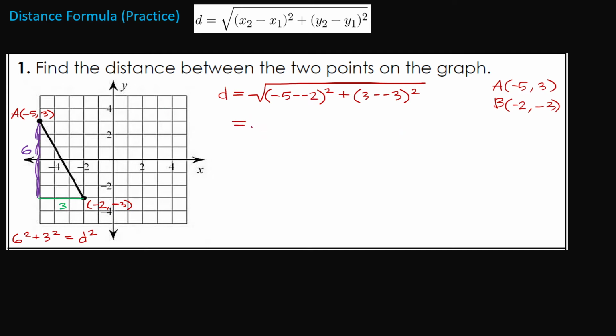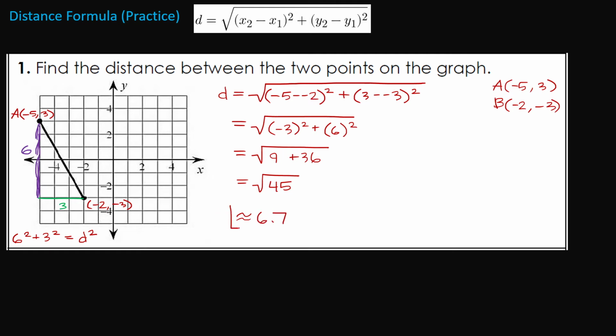So here we go. -5 minus -2 is just -5 plus 2, and that would give us -3 squared. Plus 3 minus -3 is really just 3 plus 3, so that is 6 squared. And -3 squared is +9. 6 squared is +36. So when we simplify, we get the square root of 45. And when we approximate that length, it is about, to the nearest tenth,